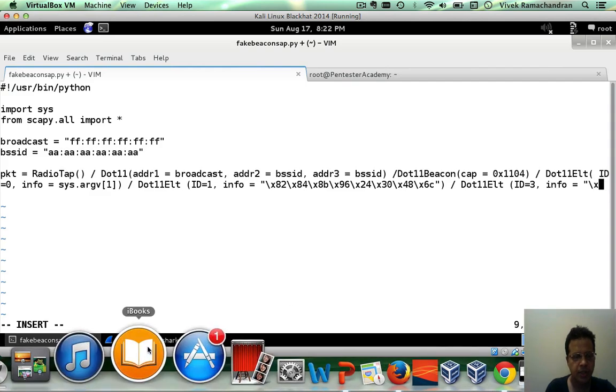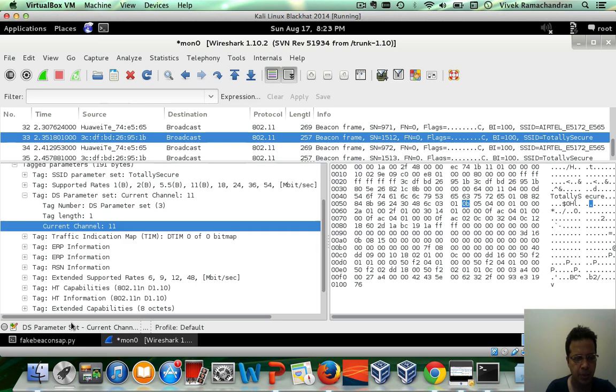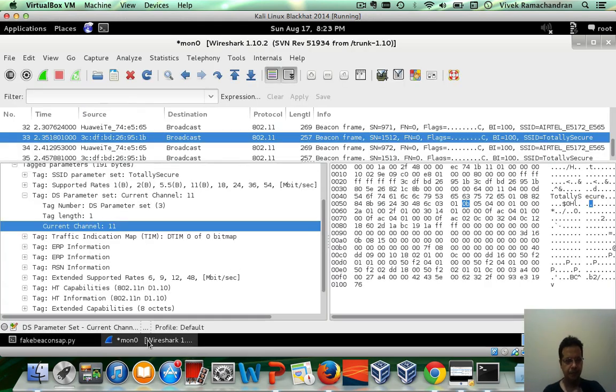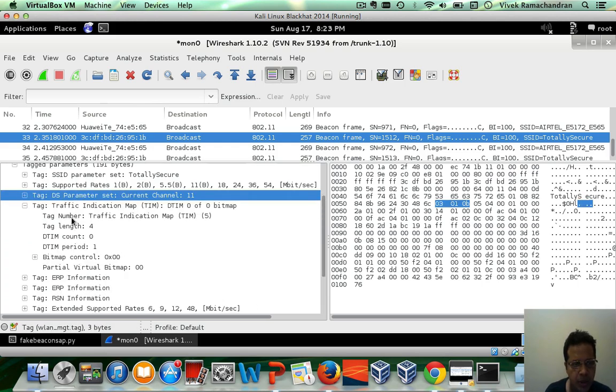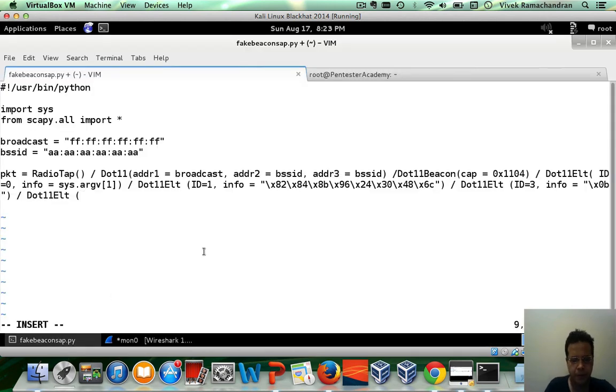Let's say we put in the exact same value as this AP, 11, which would be 0B. Then you have the final ELT, which is the DTIM, which is important. This has a tag number 5. Let's put that in. ID equals 5, info is equal to